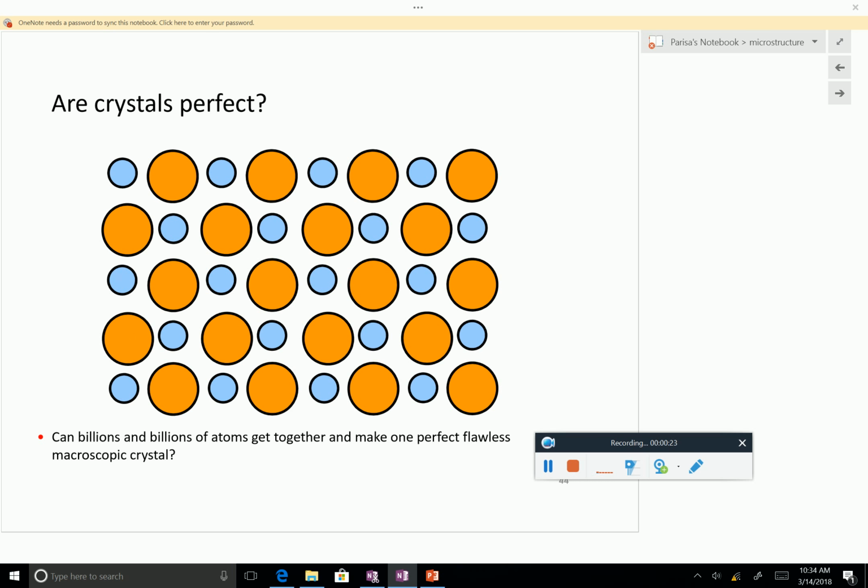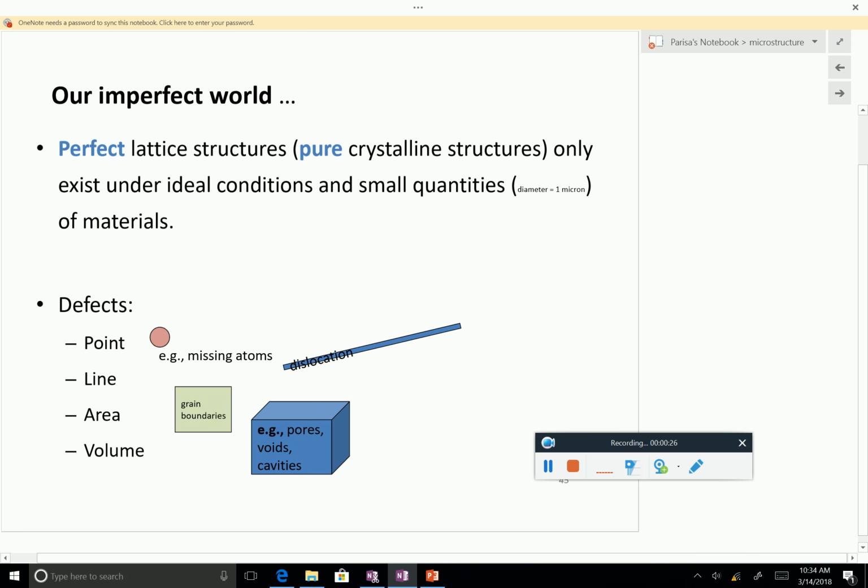It turns out that a very perfect material is only a very tiny material. If you look at just a very tiny portion of the material, it may be perfect. It may have the theoretical strengths and the theoretical stiffness that you learn based on the interatomic forces. But as the size grows, materials have defects.